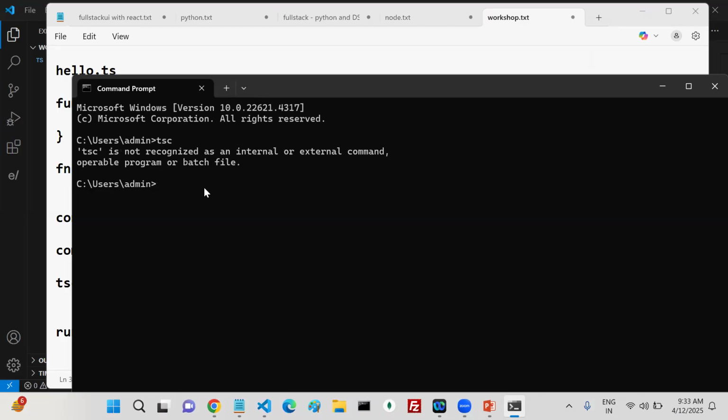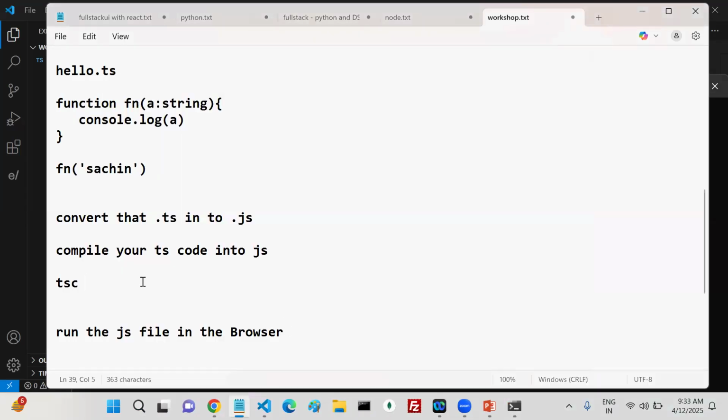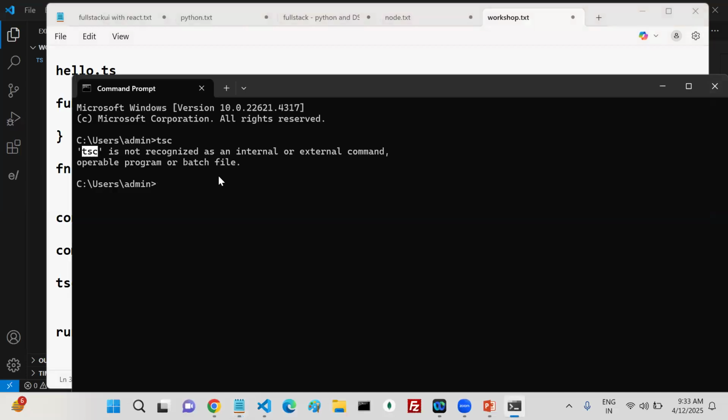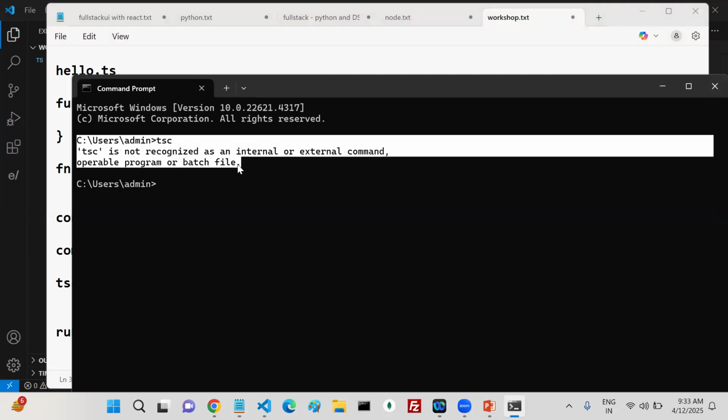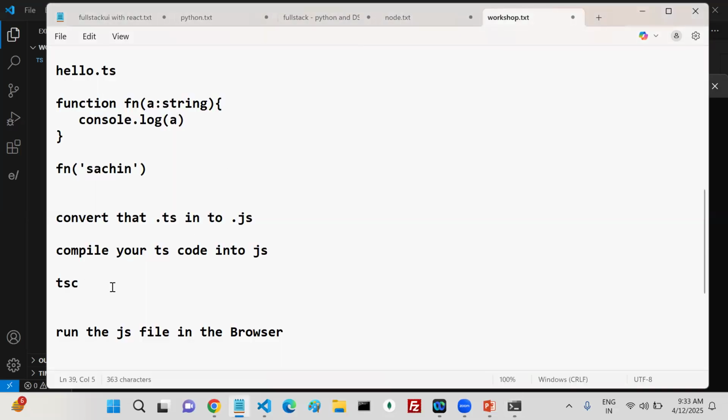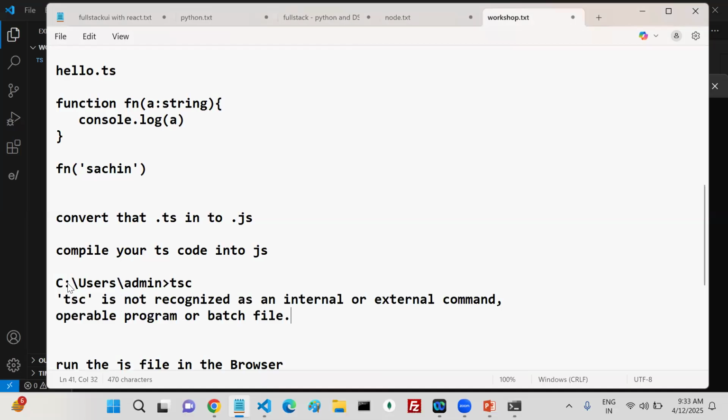So how can we make it available? You can run one command to make it available on your local machine. First of all, check whether TSC is there or not.